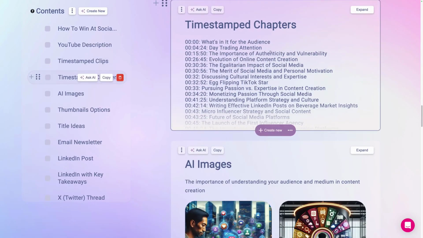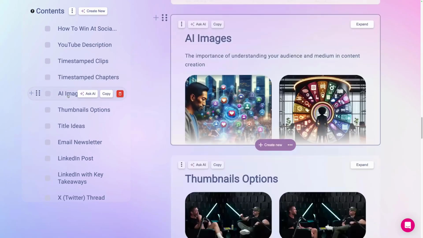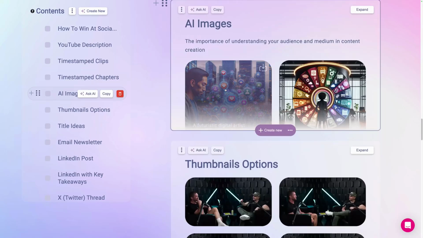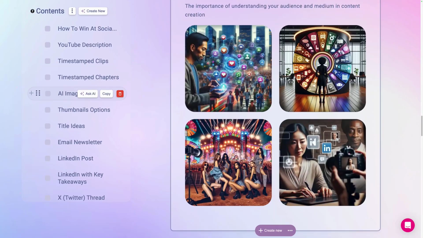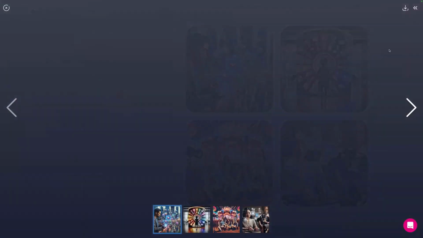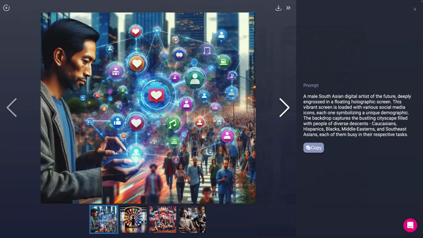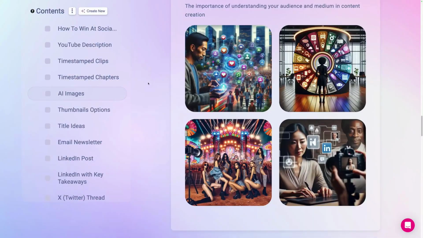We automatically generate timestamp chapters, so it automatically breaks out every section of the video. Based on your video, we get inspired images, AI images from your video. So for example, based on the topics that were discussed, and we even pull in, for example, the prompts. So if I open this up here, you can see exactly the prompts that are being used to generate the content that were inspired by the video. So this is great for like blog header images, or if you want to take these graphics and leverage it